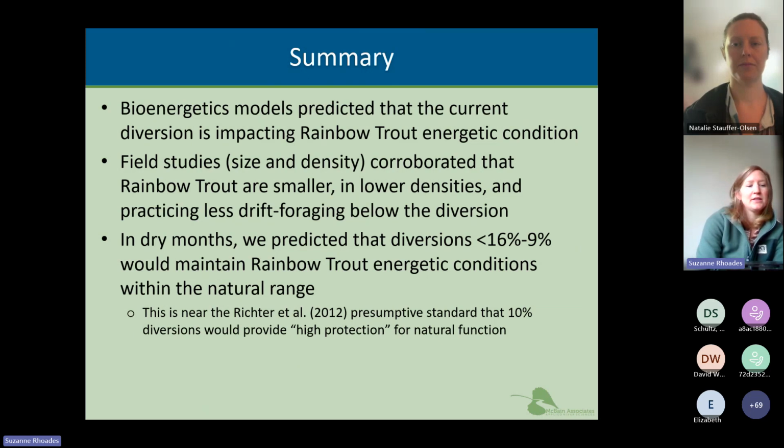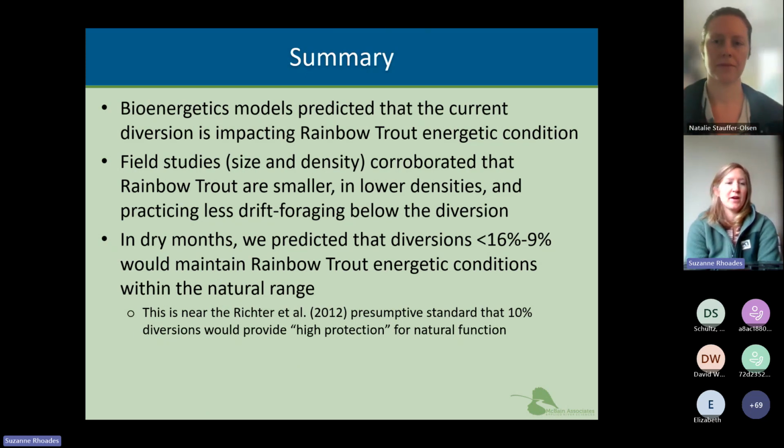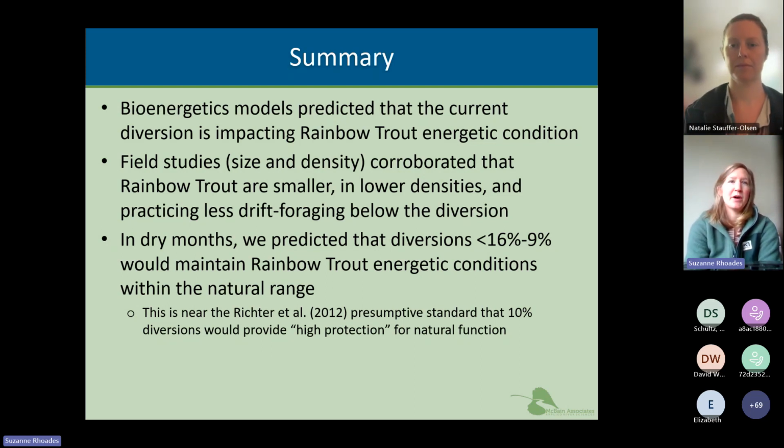So in summary, we found that bioenergetics models predicted that the current diversion is impacting rainbow trout energetic condition. We found that rainbow trout energetics were significantly lower below the diversion compared to above. And these were validated by field studies where we found that the fish were smaller and in lower densities below the diversion, and they were also practicing less drift foraging much sooner in the summer. And then in dry months, we predicted that the maximum allowable diversion rates were 16 to